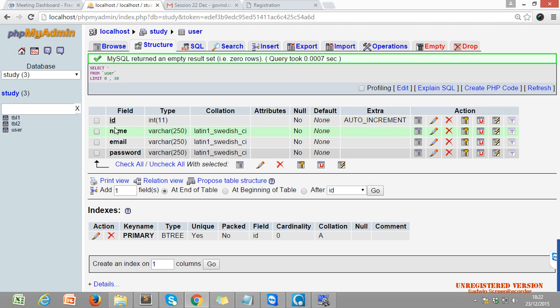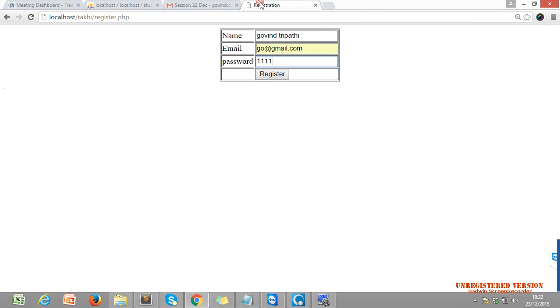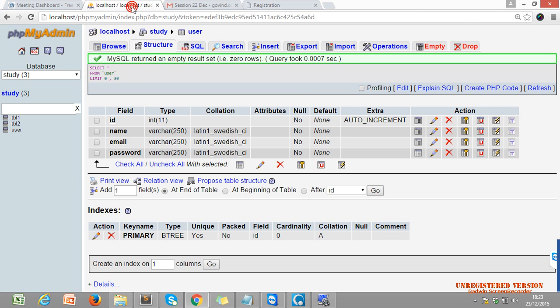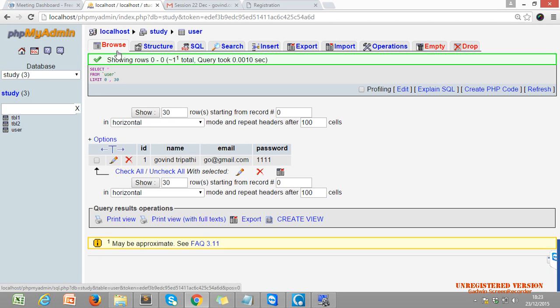First one is id, auto incremented and primary. Let's click on the submit button. We get the message: record inserted successfully. That means we should have the data in the database. Let's check. Yeah, we have the first row, Govind Tripathi, and the email and the password as it is. It means we have inserted data into our database.